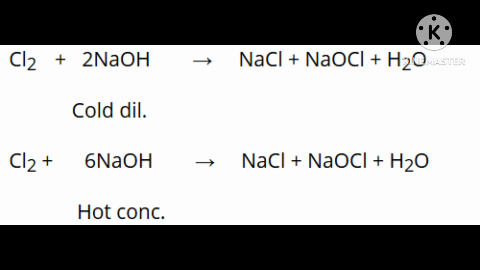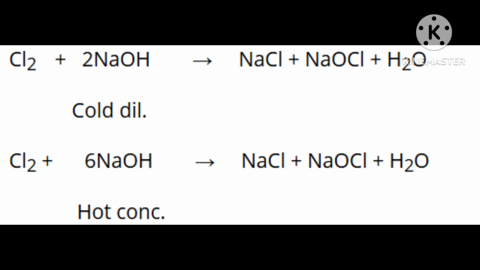With cold and dilute alkalis, chlorine produces a mixture of chloride and hypochlorite. But with hot and concentrated alkalis, it gives chloride and chlorate. In the first case it was the hypochlorite. In the second case it is a chlorate, means with hot and concentrated alkalis. Reaction you can understand